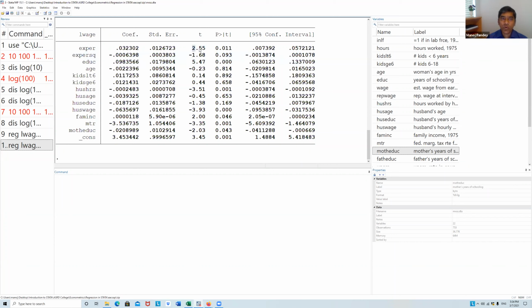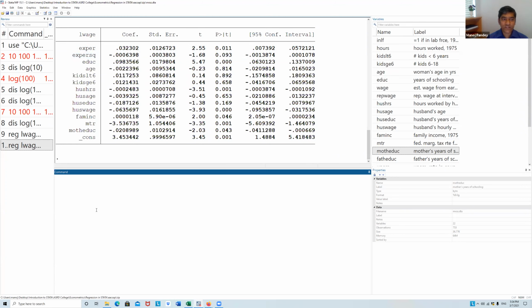So you can see 2.55, definitely it will be significant, but it is minus 1.68. It is still significant, but at 10% level of significance, because at 10% the cutoff is about minus 1.64 or plus 1.64. So one interesting thing here is that experience has a positive sign and experience square has a negative sign.